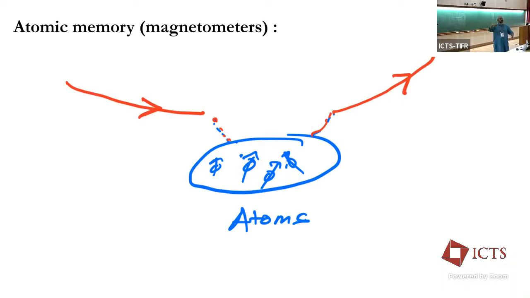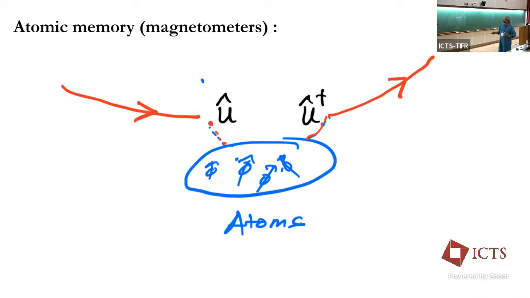So I'll now switch gears and talk about another part of atomic physics, which is basically atomic memories. In atomic memories, the basic idea is kind of straightforward: this is a flow in time. You have an optical pulse which comes and interacts with the atoms, but the interaction is such that it's an adiabatic rotation with some unitary. So it's a unitary evolution, not a projective measurement of any kind, where this photon adiabatically gets converted into spin states, and then for a while it evolves, and then you take it out, right?